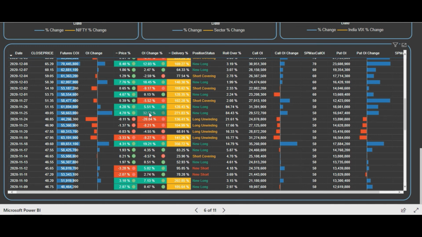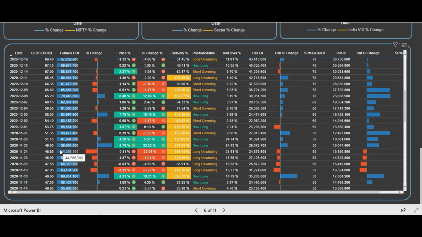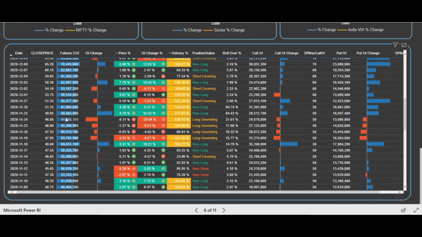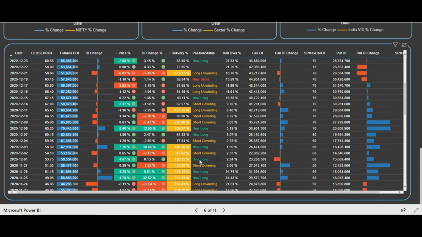You see that there is a significant OI buildup, 32% futures OI change, significant price rise, and maximum put writing. And after that, you have seen that there is a continuous, sharp rally, and new long positions are getting added, and you see significant put writing rather than call writing. Also, you are seeing the call unwinding. So everything is related. You see that maximum put writing is done as compared to the call writing. Futures OI is rising significantly, and the price is also rising significantly. So it means from that particular point, the strong player entered, and the strong player has the tendency to move the prices even higher. Okay.